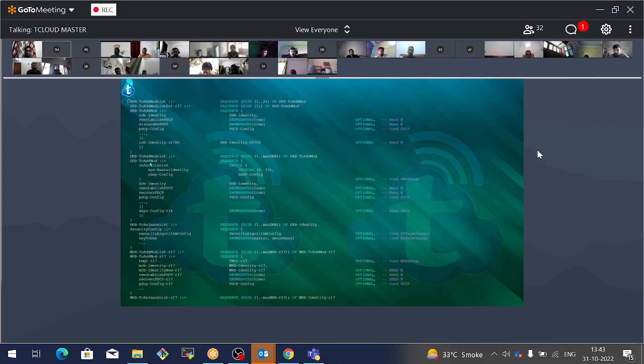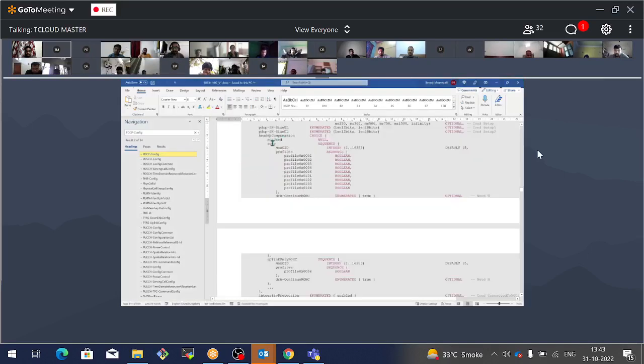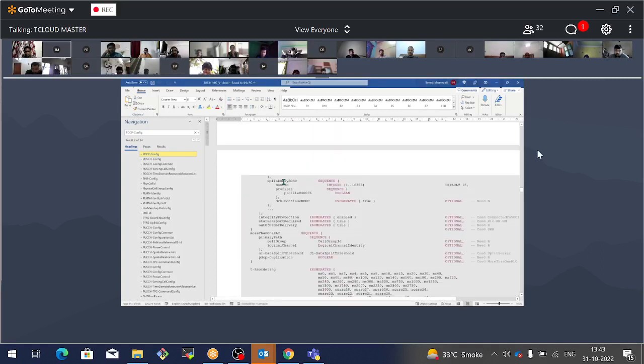So in the DRBs to add modify, you have SDAP config, DRB identity, PDCP config. But this time, PDCP config will contain all these details that we have seen here. Like whether header compression is enabled or not, and if it is enabled, which ROHC profile has been enabled, and is it only uplink ROHC or both directions, and